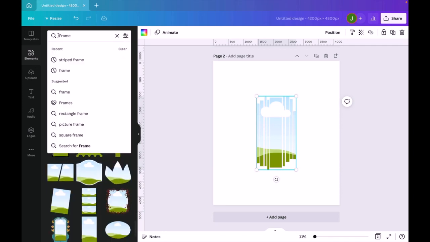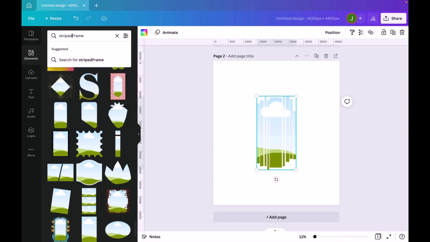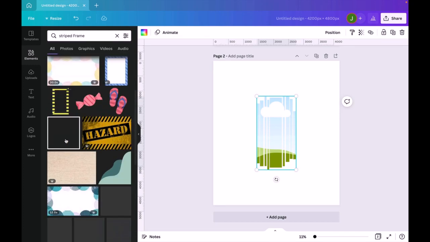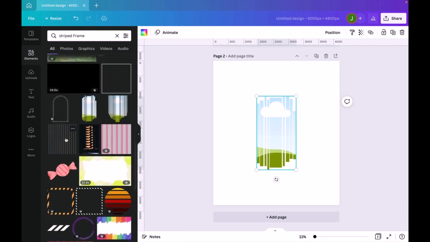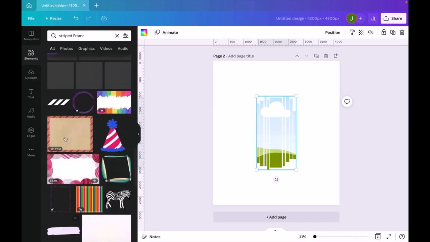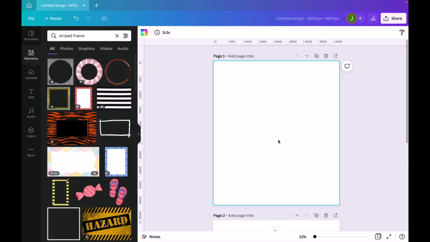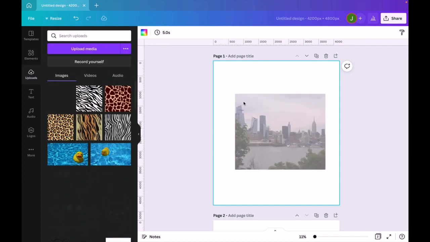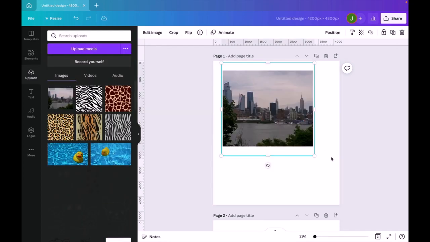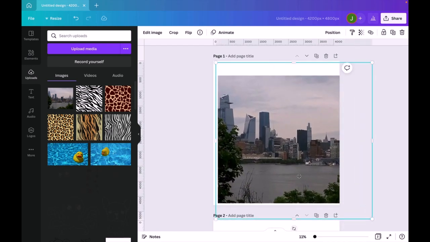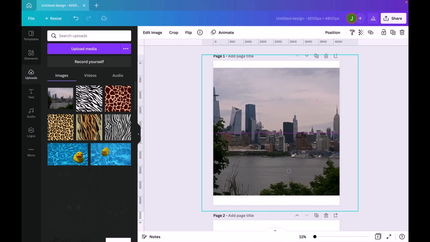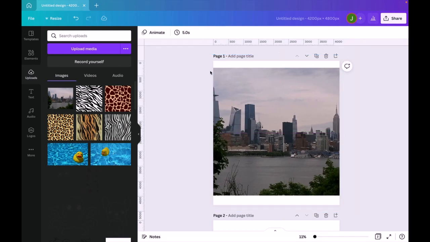And I think I'm just going to put striped frame and see if there's anything else that looks better. But I'm not seeing anything that I like better. So I'm going to go with this one. So on my first page, I'm going to go to my uploads and I'm going to drop this in here. And I'm going to enlarge it. And I'm going to slightly cut off some of this area of the photo so that my picture